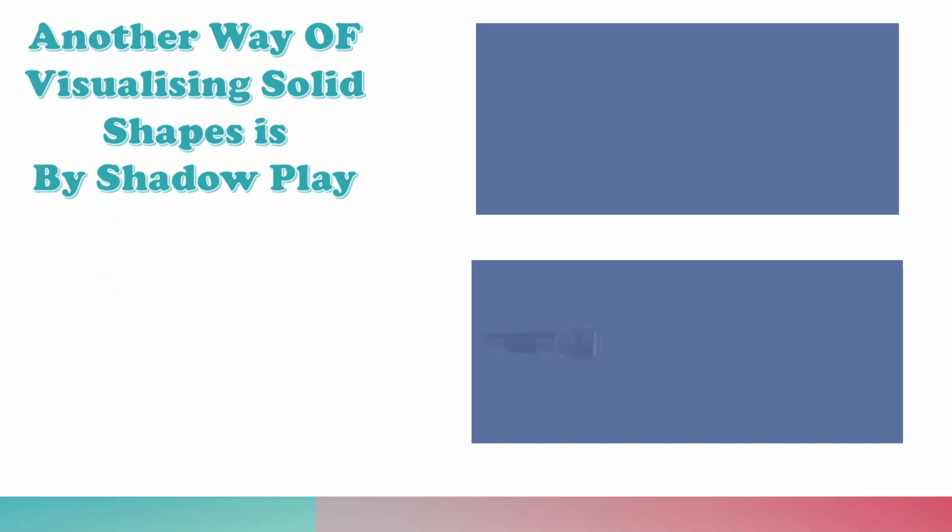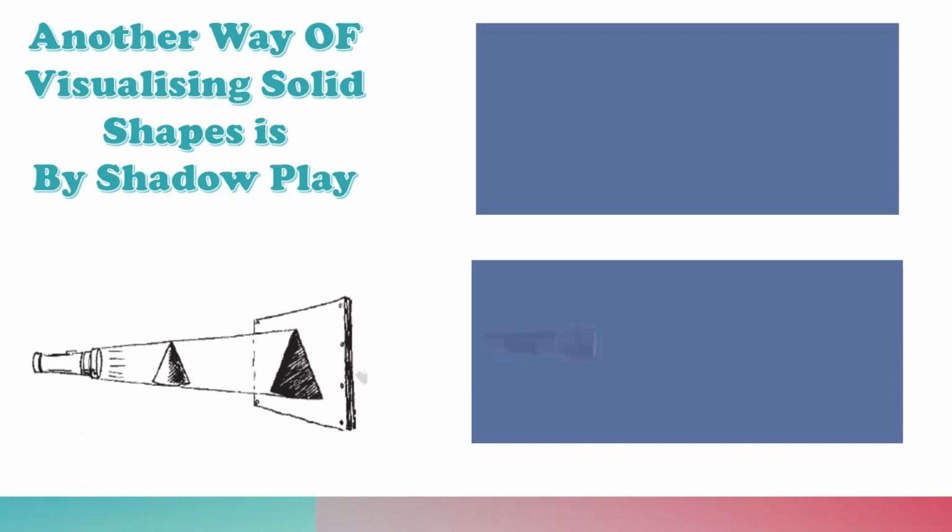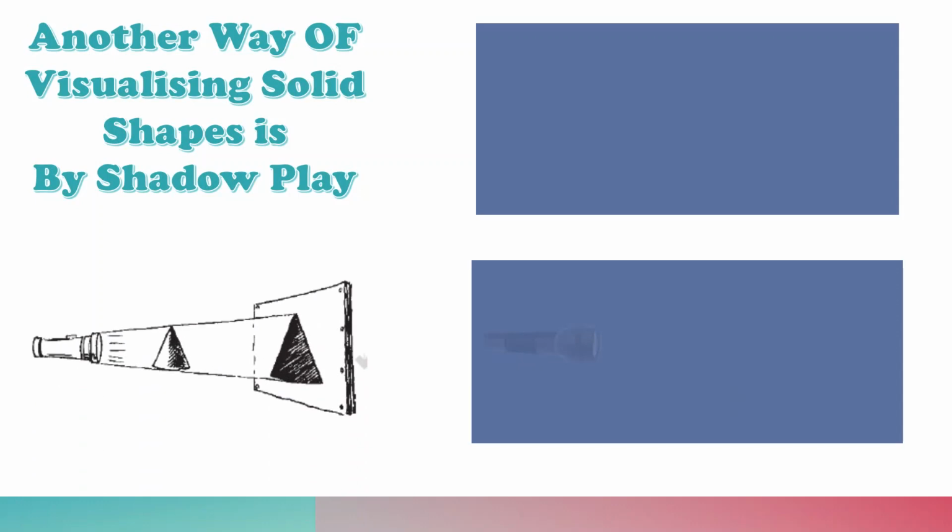You all must have seen your shadow when you are moving under the sun. And you also know that because of the position of the sun, the size and the position of the shadow also change. So that means if you view the shadow of a solid from different angles, it gives us different shapes. Like over here you can see there is a cone, and when the light falls on that cone, the shadow formed on the screen is in the shape of a triangle.